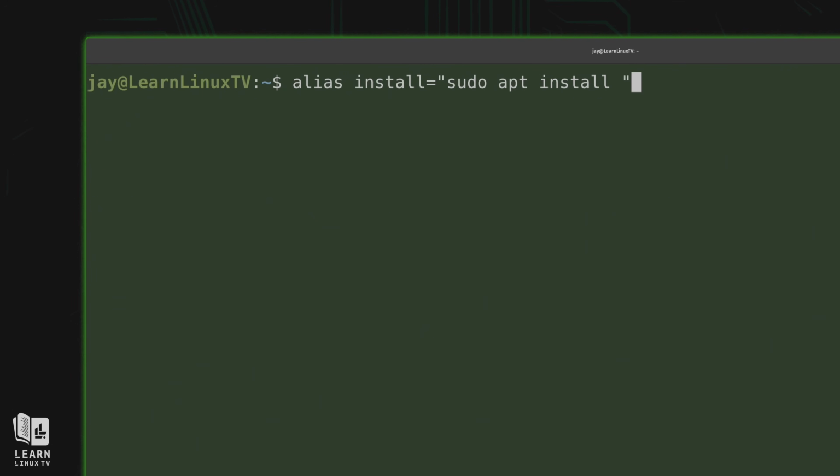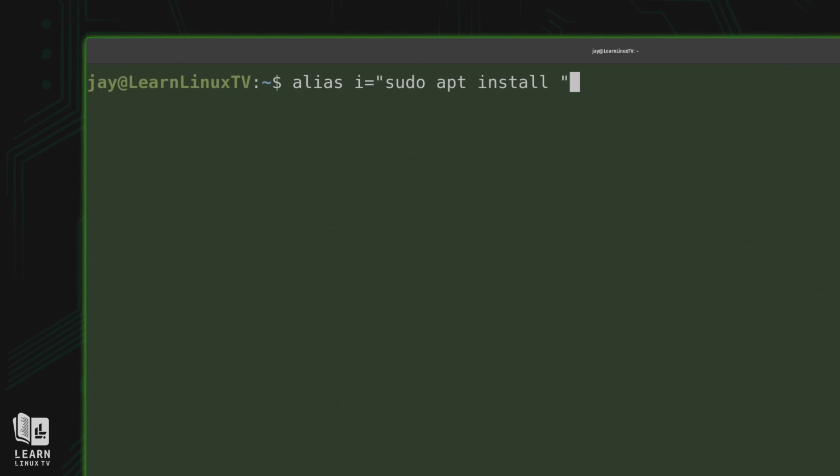And to shorten the command, what I did was I just gave it a shorter name. You just saw me create an alias called install, but all I had to do was create an alias called I. You can name your alias whatever you want, and I think I is as simple as it gets. So with this alias, anytime I type I and then press enter, what I'm actually executing in the terminal is